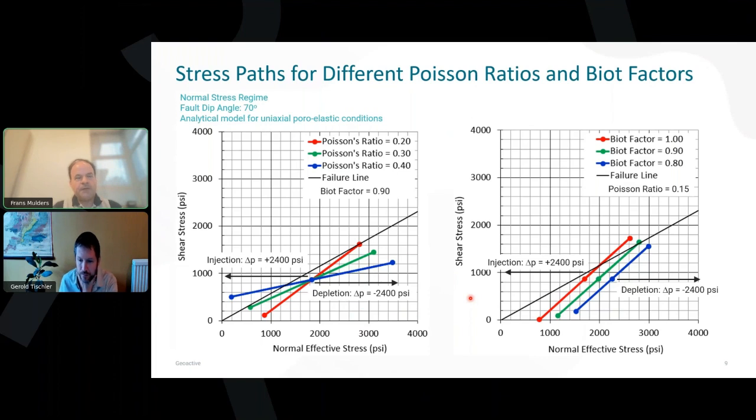Calculate your normal effective stress and shear stress on the fault, and make some back on the envelope type of quick analytical calculations. But you can add core, like rock measurements to it, or if you have a well, you maybe have acoustic measurements. You can calculate some elastic rock properties from logs. Maybe you have core measurements,